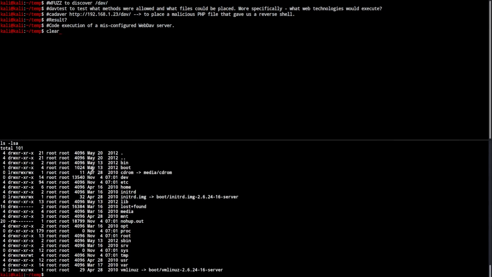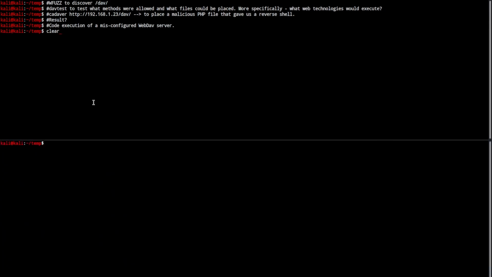Bada boom, bada bang. So I'm going to clear out of the bottom terminal and clear out of the top terminal. Feel free to read that over if you'd like. That being said, though, we are now ready to move on to the third portion, which is exploiting Apache Tomcat and Tomcat Manager. Basically, right now we're going to go back